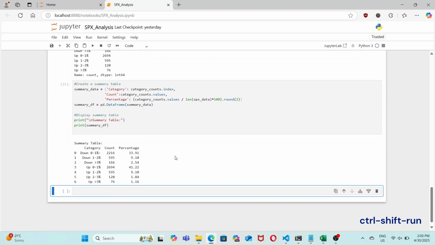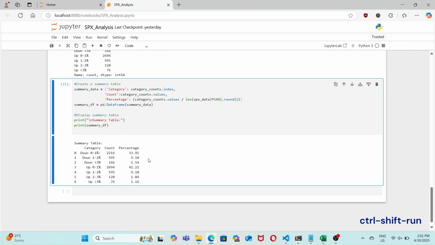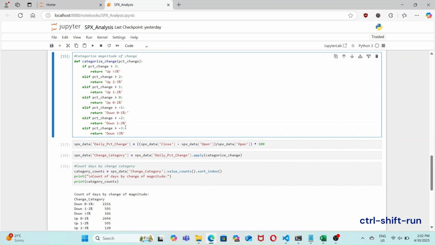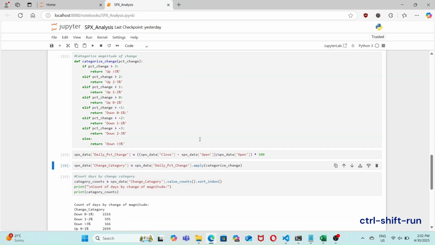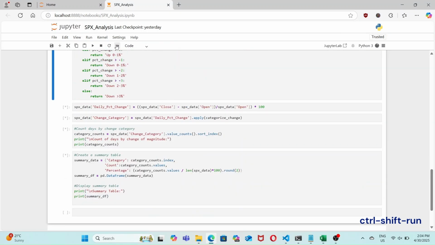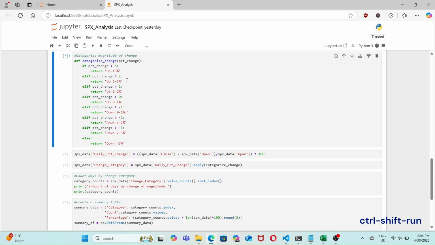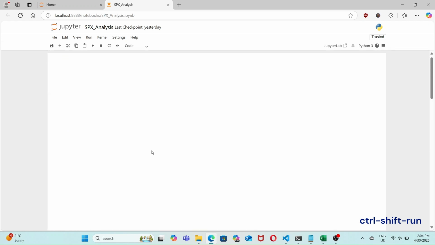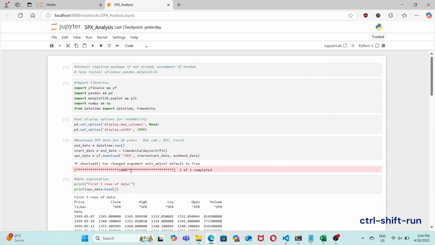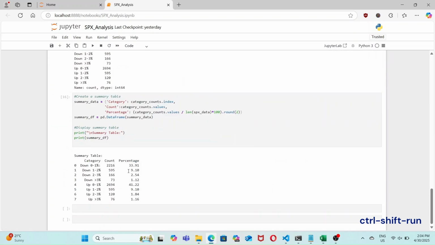Okay, we have our summary table of the up and down movements in the market. Looks like I need to correct the categorize_change function from earlier. Okay, this looks correct. Now we see that 75% of the time, markets will close between 0 to 1% from